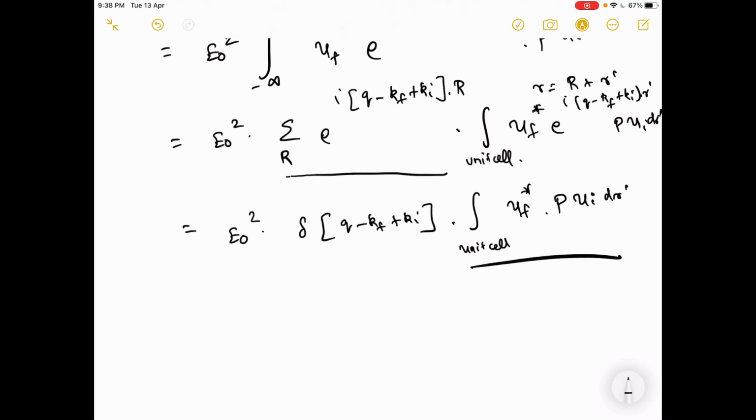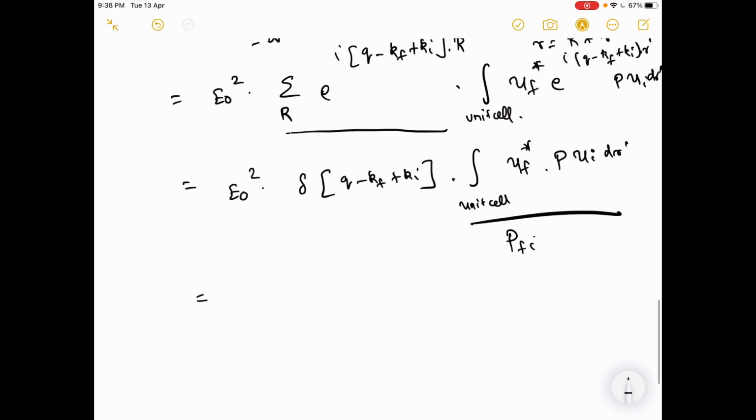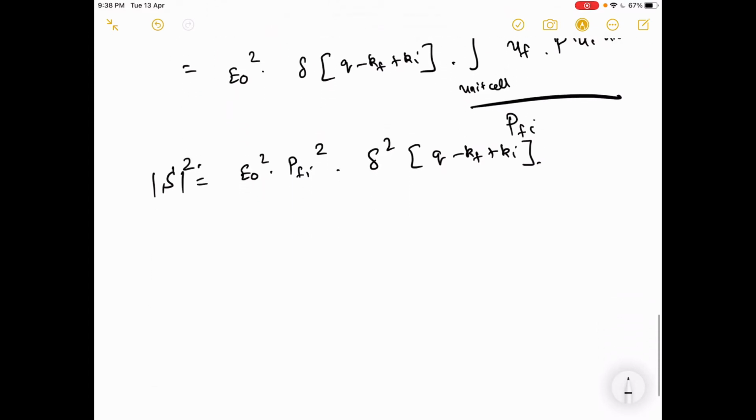This integral, of course, I'm going to replace by just Pfi, which will turn out to be E naught square Pfi square into delta square of q minus kf plus ki. This is a square. So basically the scattering will be non-zero only if q equals kf minus ki,